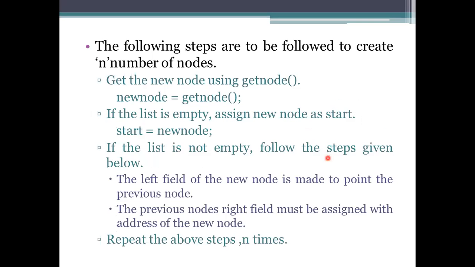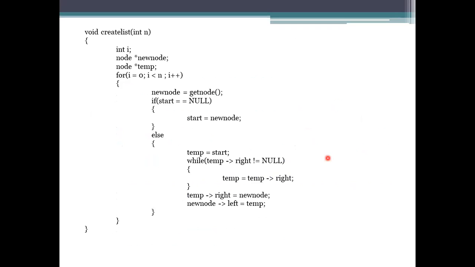After that, we can create another node also. That is for one node. If you want to create a number of nodes, see here. Start the new node, and the temporary variable will be the node you have been taking. We need to specify where we should connect this. So here, if start is equal to null, start the new node. If it is the initial one, we need to start the new node, and then come to the next one.